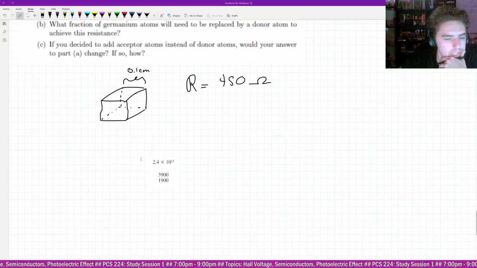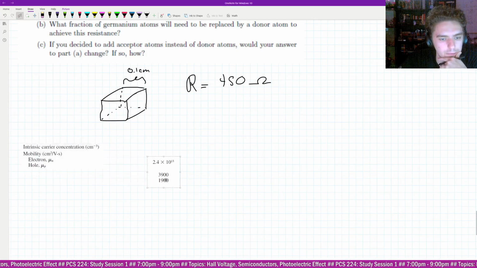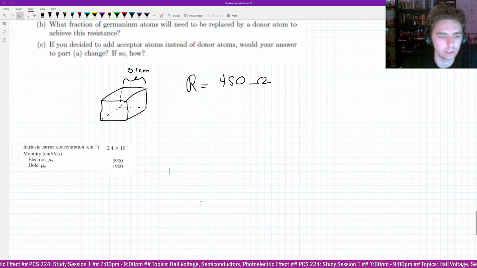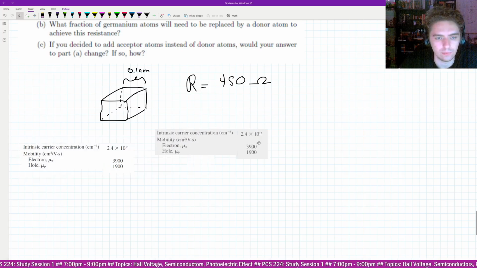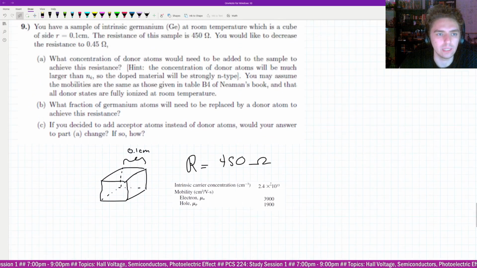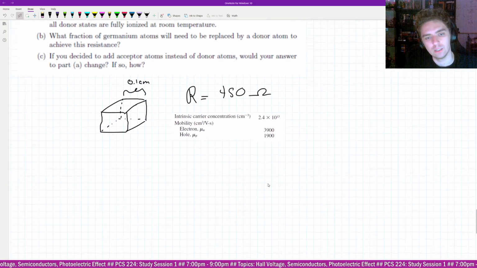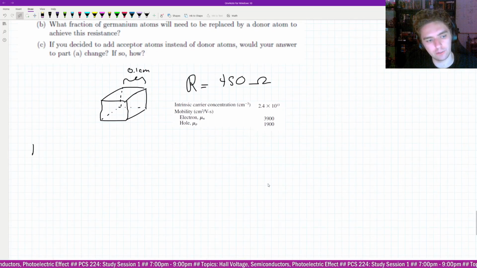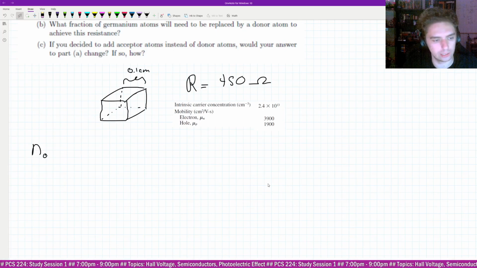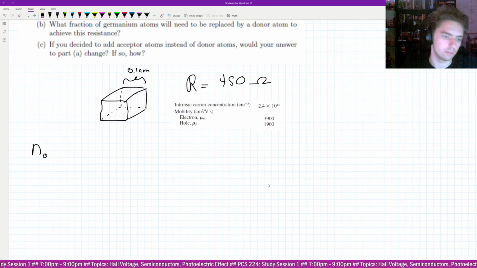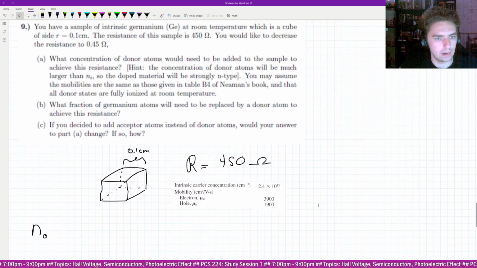So we additionally have these properties of germanium. Okay, we additionally know these facts. So I'll put that there. We would like to know what is the concentration of donor atoms needed to make the resistance equal to that. So we're trying to solve for the concentration of donor atoms. Donor atoms give electrons, so it's N0. That's what we're solving for, right? The concentration of donor atoms will be much larger than Ni, so the doped material will